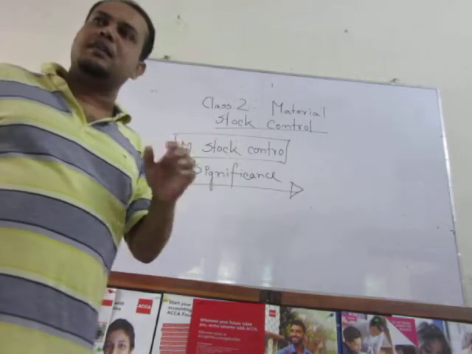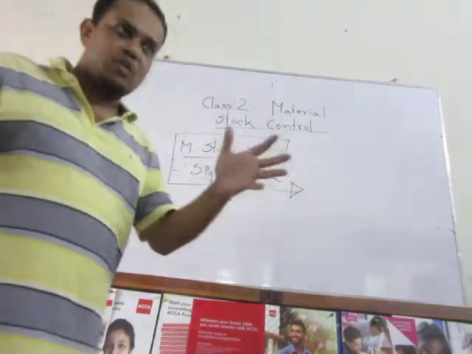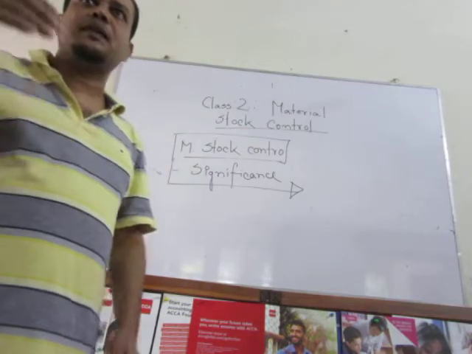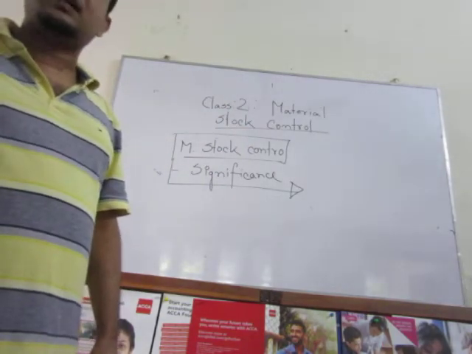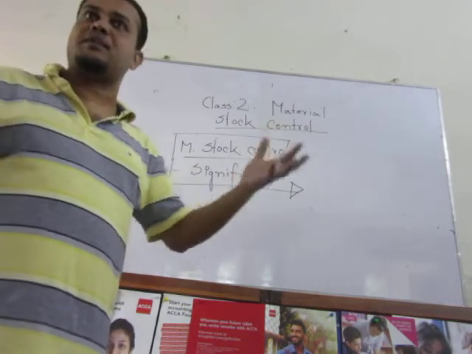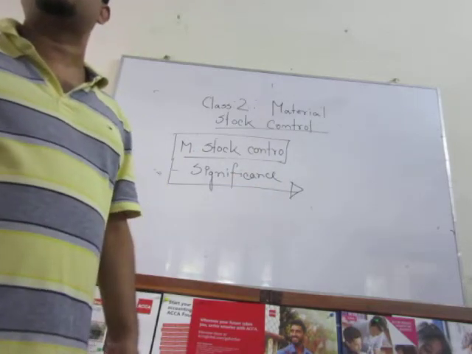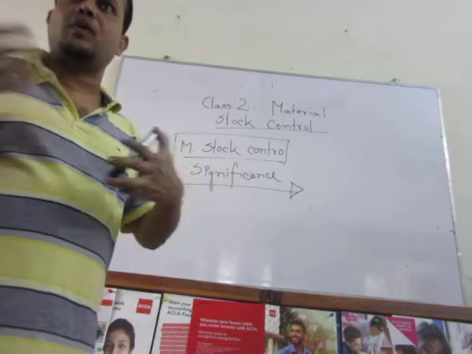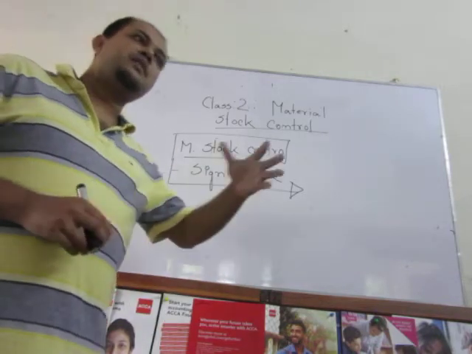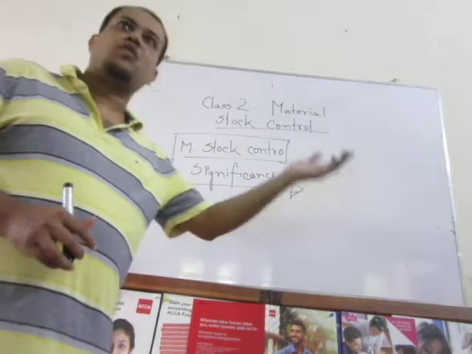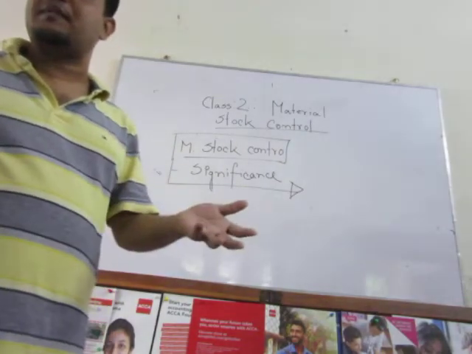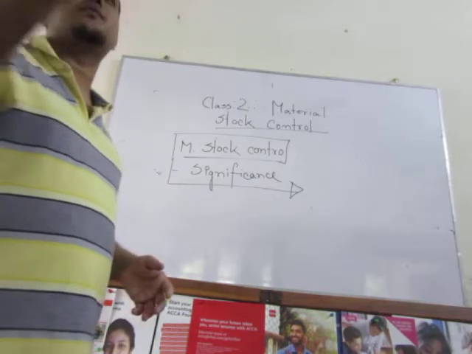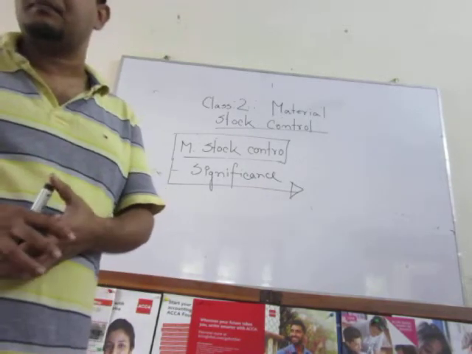Now the fact is, if you stock a lower amount, or if you stock whimsically, there may be a stock out. On the other hand, if you stock huge, enormous amounts, there may be a possibility of spoilage, distortion, wastage actually. That is, keeping more is a problem and keeping less is also a problem. If I keep more, it may get spoiled, and if I keep less, there may be a stock out, my production process will not remain continuous, it will be discontinued.